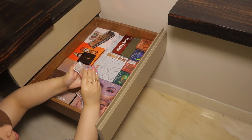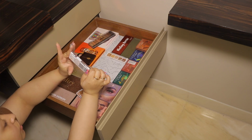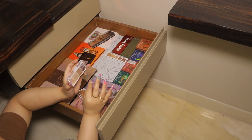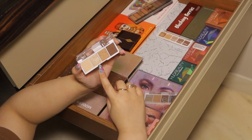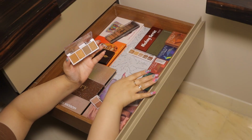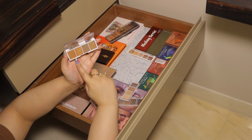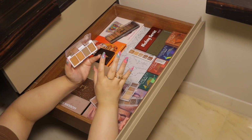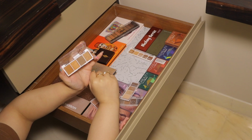So if you love your neutrals, get this one. This is Truffles. If you love something softer than that, neutral leaning a little more towards warm, get Cream and Sugar. I love to use this shade as a highlighter. It's so pretty. Even this is a very neutral palette. This is Pumpkin Pie, and this caramel shade right over here. I live for these caramelly shades. They just make your eyes look so